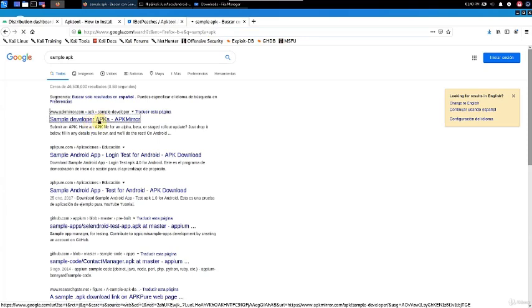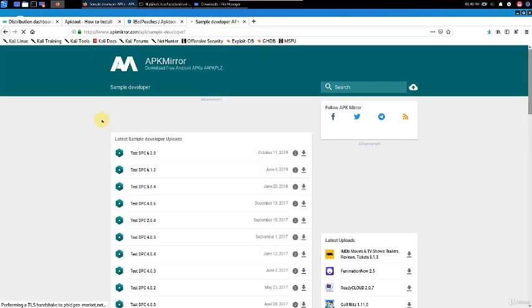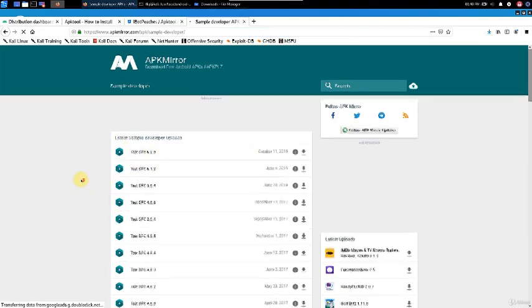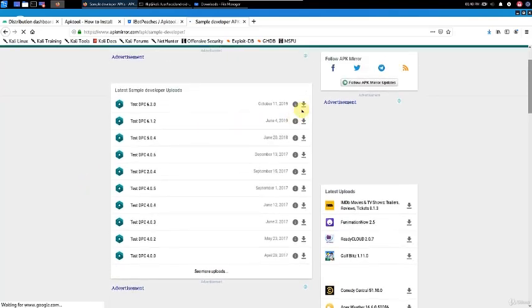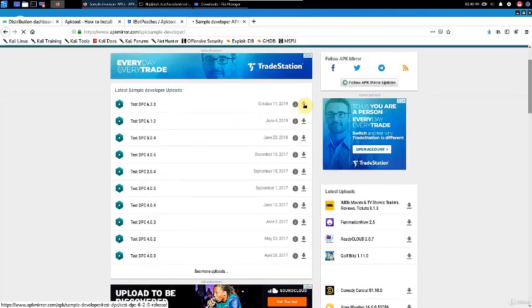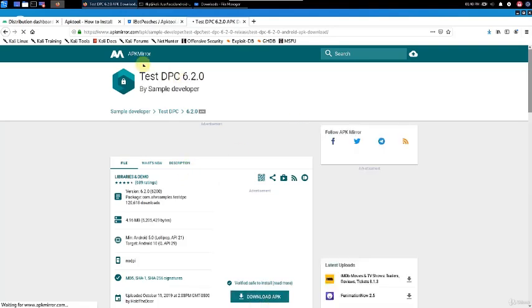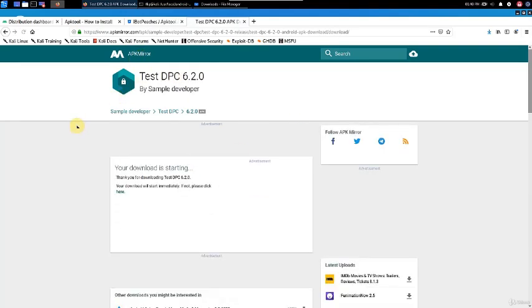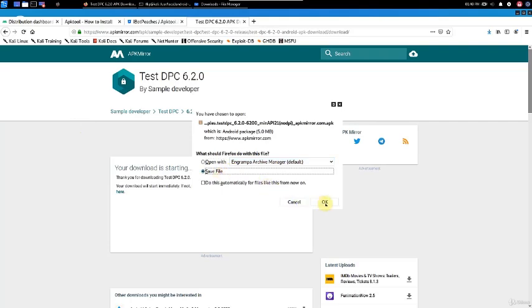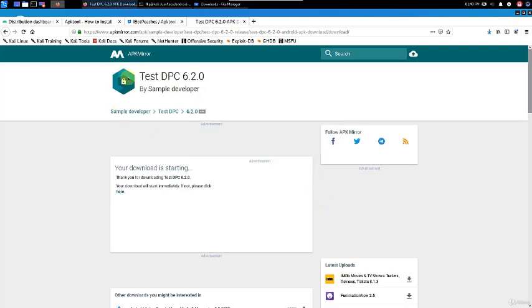So for example, if there's a specific app you're looking for, say Flappy Birds, just Google, for example, Flappy Birds APK, and it will probably lead you to APK Mirror. As we mentioned in the beginning of this course, it's always better to download from the Play Store. But from the Play Store, you will not be given the APK. So, okay, we downloaded it and we'll just call this test.